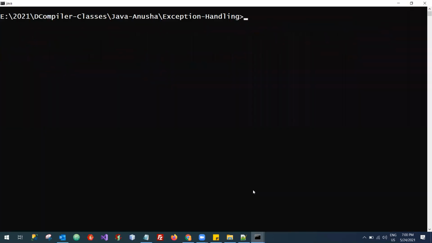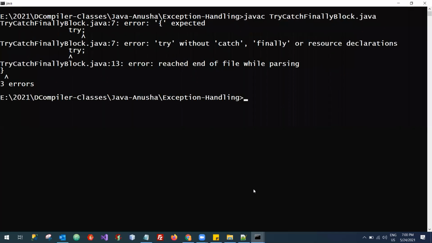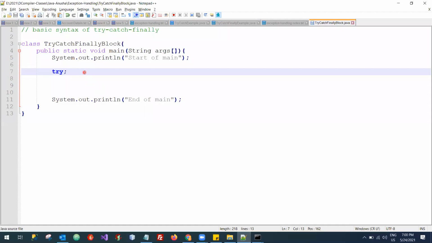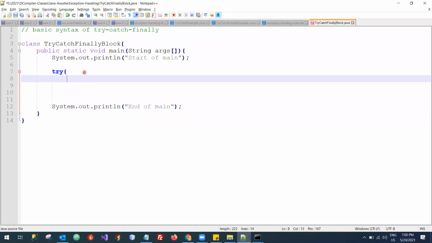So you can see a huge list of errors. It is trying to explain to you that when you are writing a try, it should be a block. Let me improvise this. When we write a try, it should be followed by a catch block, or it must be followed by a finally block.